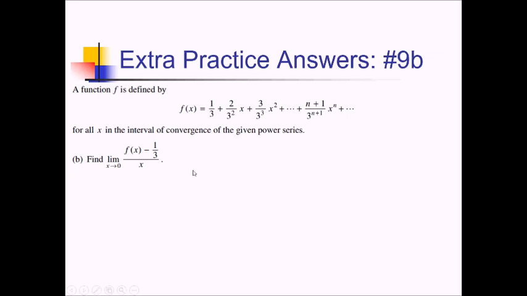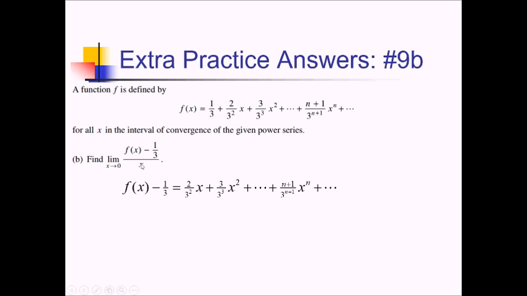So another way to do this is, let me just do a little transformation with this series. Since we have f of x minus 1/3 as the numerator here, let's just talk about that by itself. F of x minus 1/3, that's really all of this stuff without this 1/3 in here. So it's really just 2 over 3 squared x plus 3 over 3 cubed x squared and all the rest of that stuff. And now just to take our transformation one step further, we've got all this